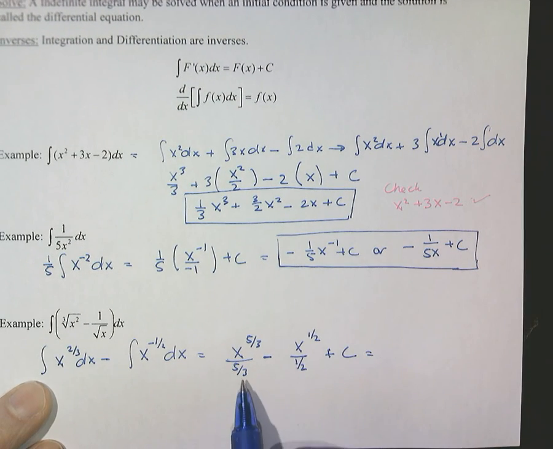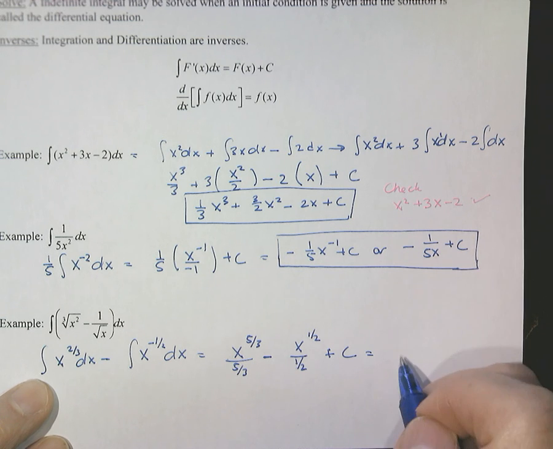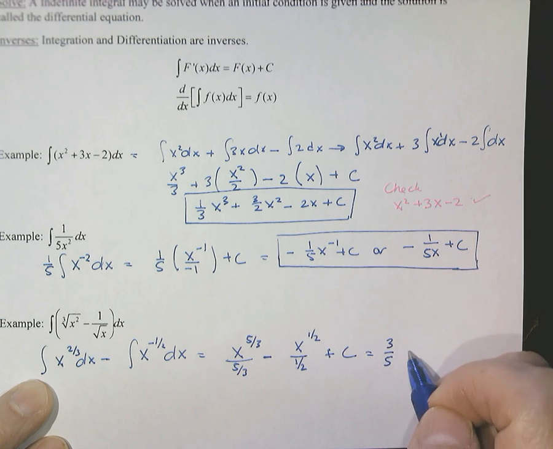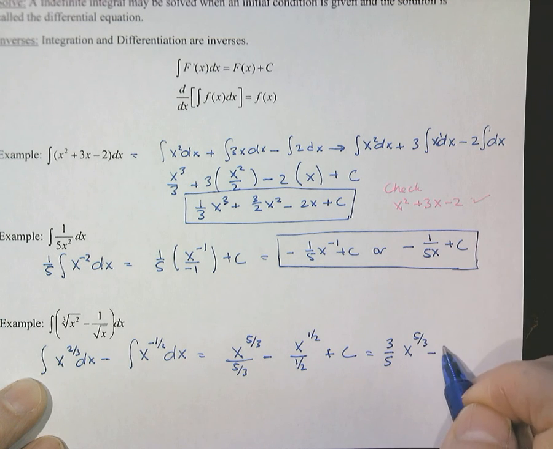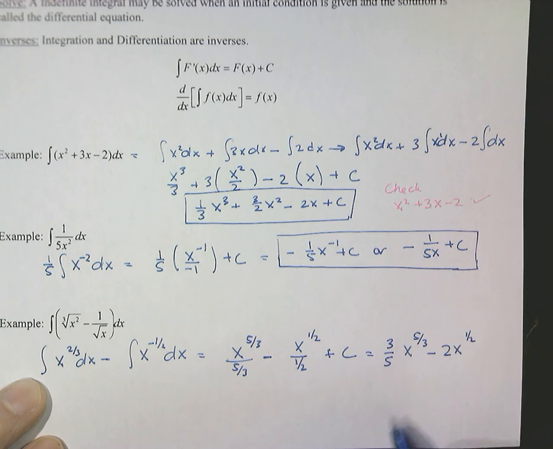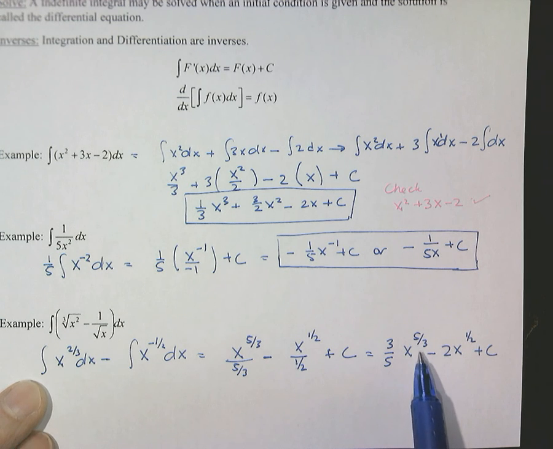And I'm just going to rewrite this. When I divide by 5/3, it's the same thing as multiplying by the reciprocal. So 3/5 x to the 5/3 minus 2x to the 1/2 plus c. And I would check by